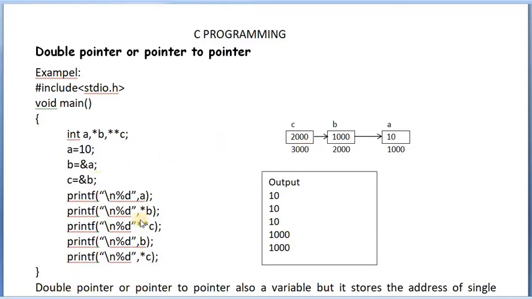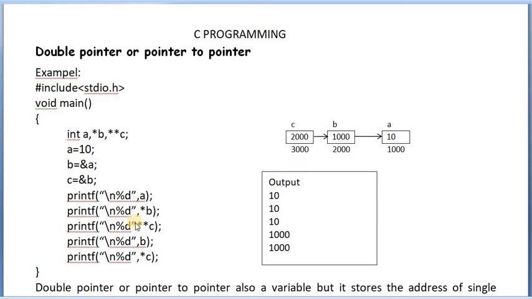Now what is the output of this program? Here when we print a we get 10, because the value of a is 10. And asterisk b: b is a pointer, it has some address as its value. By using this asterisk operator, the meaning of asterisk is different at the time of declaration, but in the program, if we use asterisk with a pointer, the meaning is different. Here it is a value operator. Now we get 10 again. This operator gives the value whose address is in b. That value, 10, we get here on the screen.